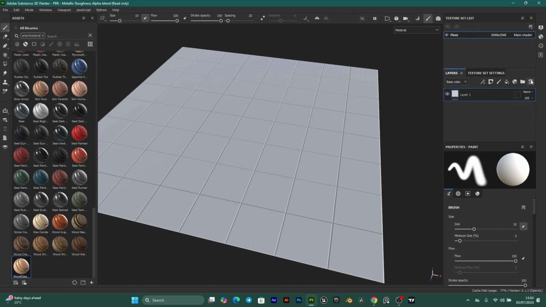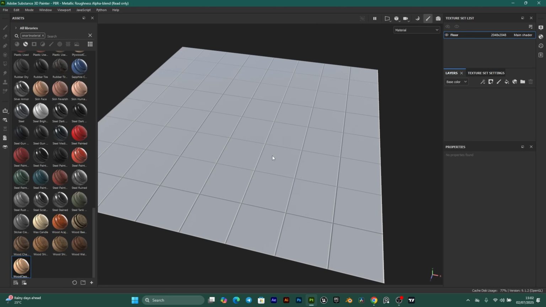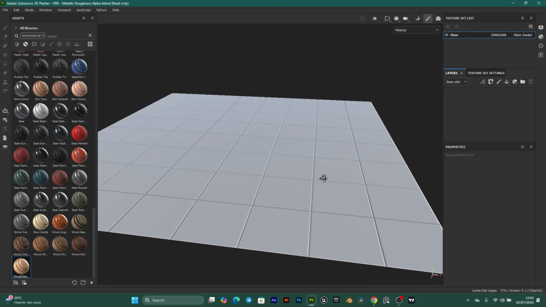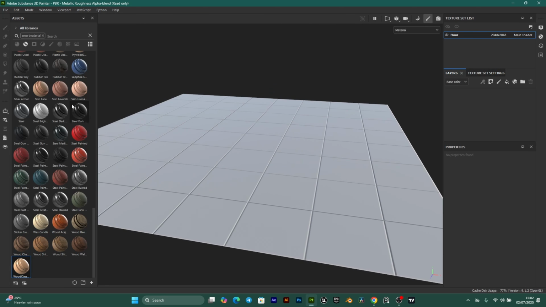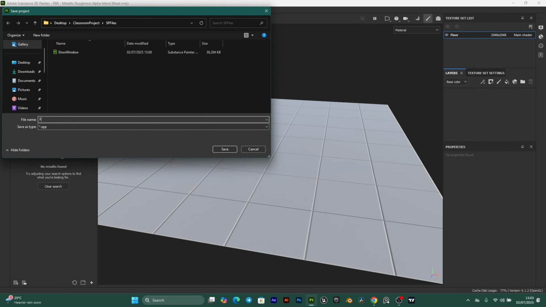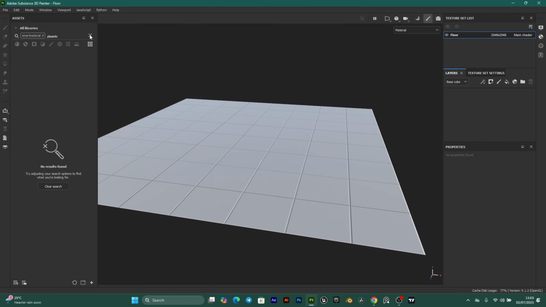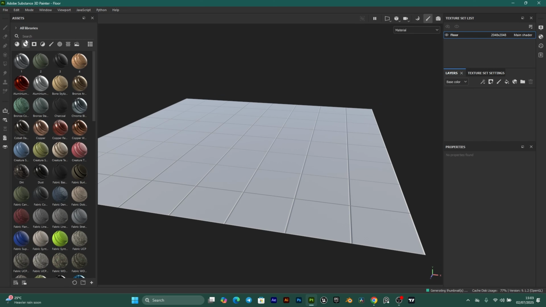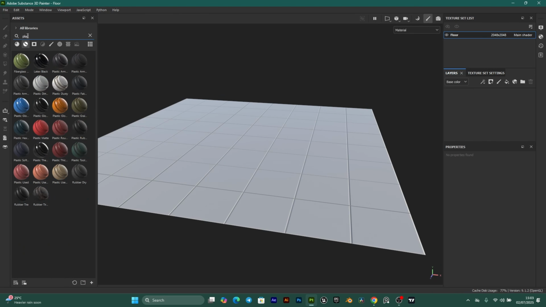So I'm going to delete the default layer here. And for the floor, I'm going to use plastic. Okay, I'm still going to use smart materials, so I just search for plastic. Well, first of all, I'm going to save the file. All right, and I'll just call it floor and save. Now it's done saving. So I'll just click on my smart material and search for plastic,